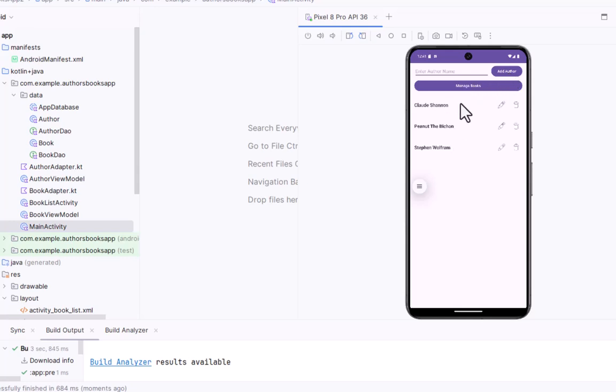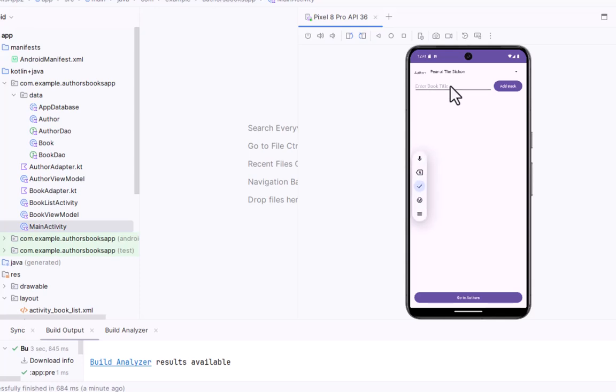And this panel just manages the authors. Then you can transition over to the Manage Books panel. And here you can choose the author that you want to work with. So there's Peanut, and then you can enter books for Peanut. And then if you want to make another author,